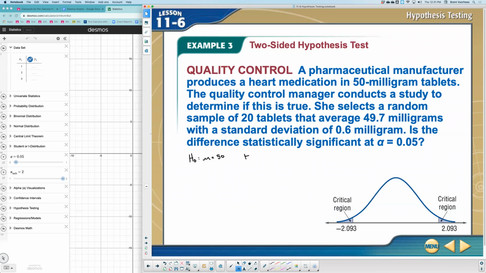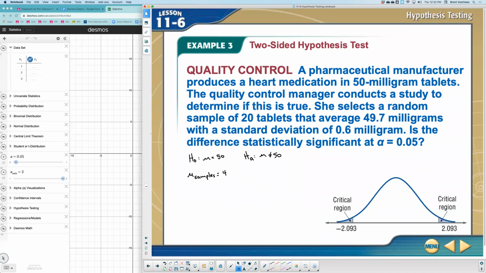Which means the alternative hypothesis is that the mean does not equal 50. So because it's a not equal to 50, there's going to be two tails. You could fail being too small or too large. All right. And they tell us that the mean of the samples